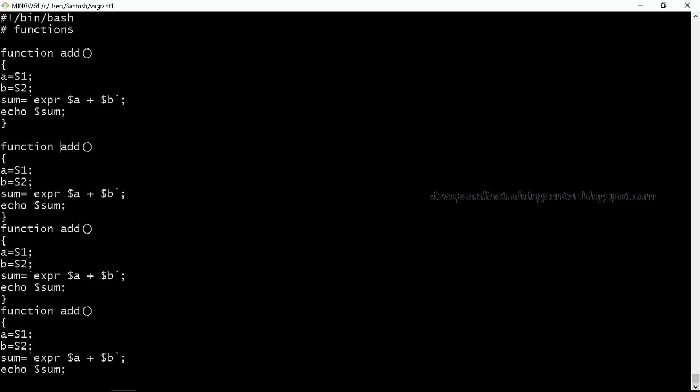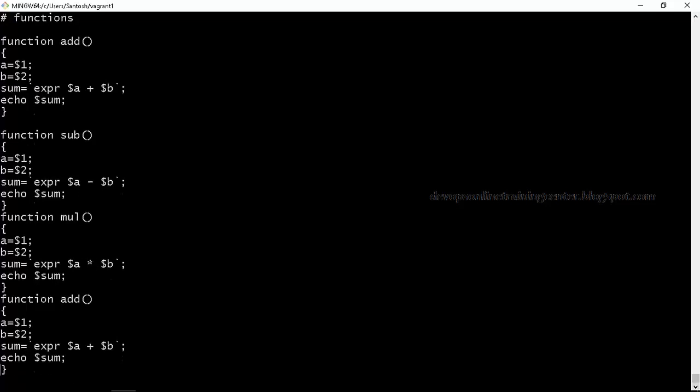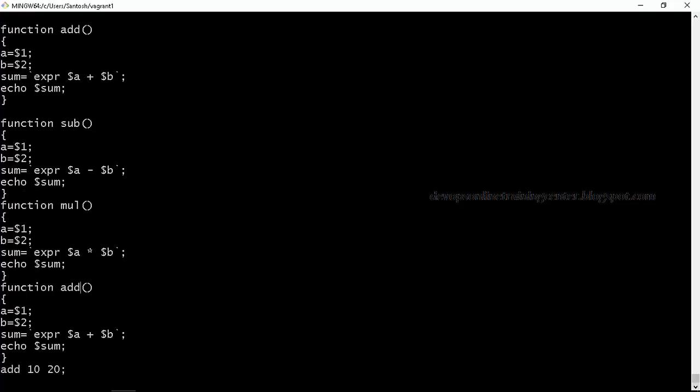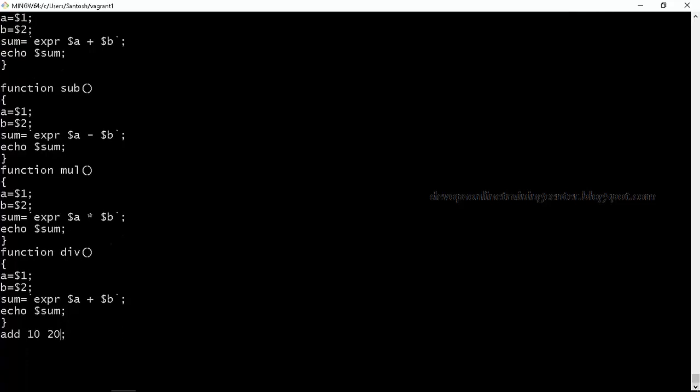So I'll create another function for subtraction, and I'll just say expr $a minus $b, and the same way I'll create another function for multiplication and I'll just say $a star $b, and also one more function for division, and I'll just say $a divided by $b.